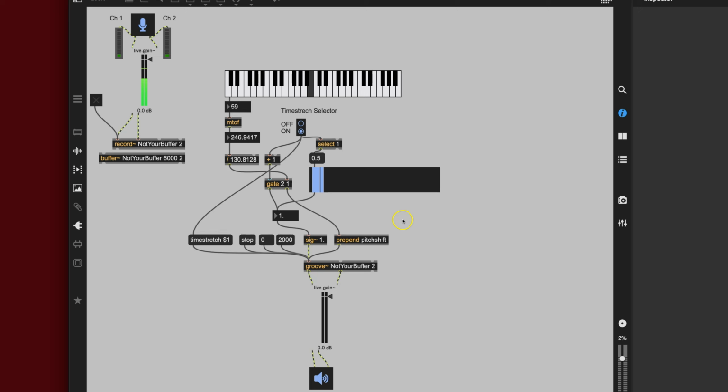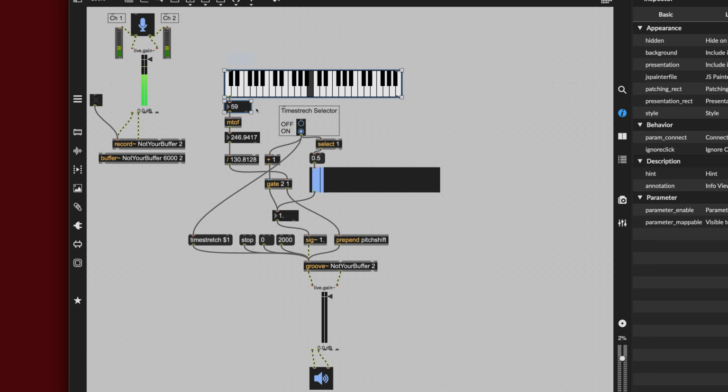And that leads brilliantly into what we're going to talk about today, which is a little bit of looping, a little bit of grooving. But before we get to that, we're going to make a change here so that we can actually play notes instead of me coming down here and starting and stopping them. Let's just get on with it and do that thing that we know how to do, which is unlock our patcher and delete things. So let's just get these two things out of here, because we don't need them,